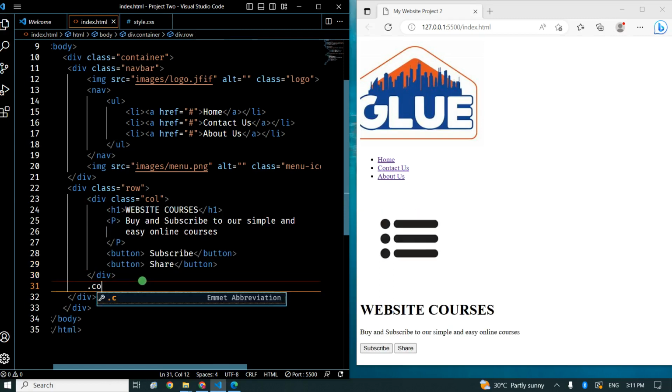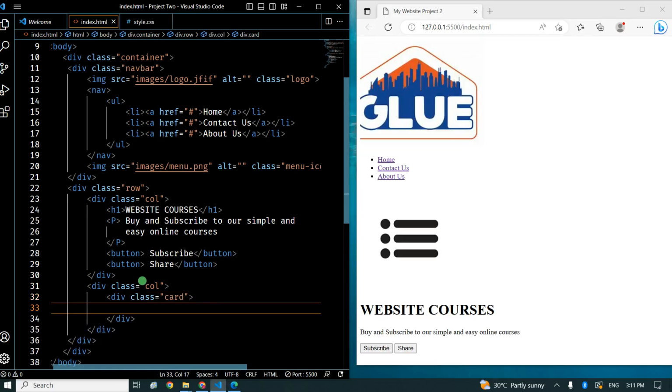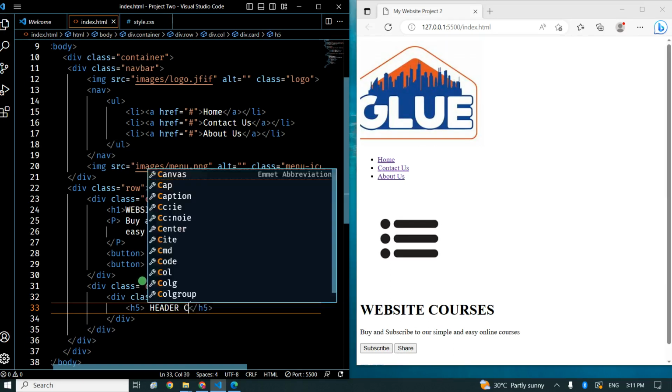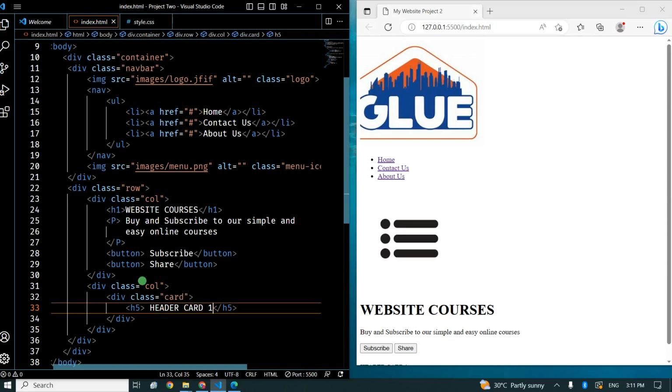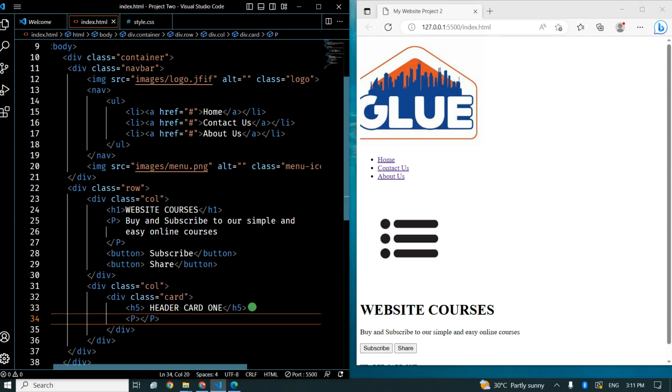So I will say dot column. Under this dot column, I will have another div called dot card. Okay. And inside this dot card, I will create h5. This h5 will be, let us put header card 1. Okay, let's say header card 1. Okay, at the end, I will have another paragraph, which is P. And this paragraph will be just the description. This is